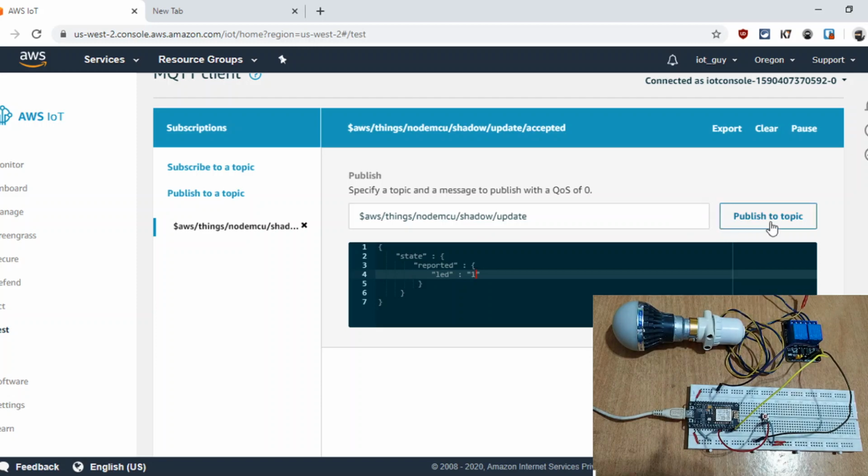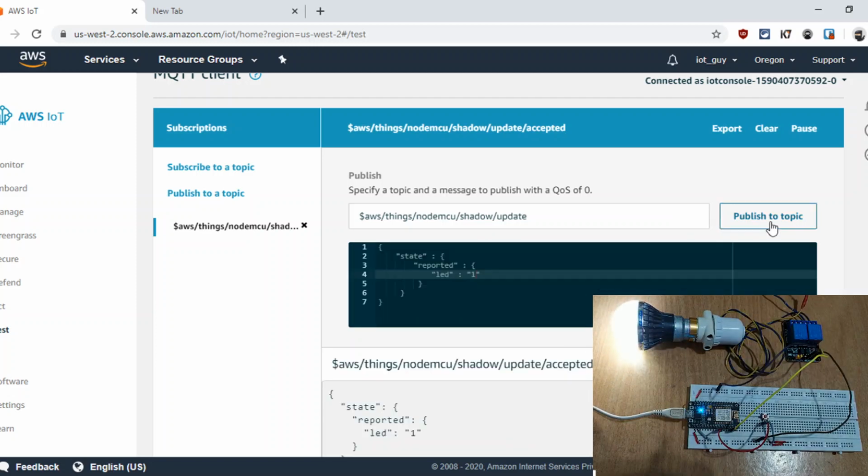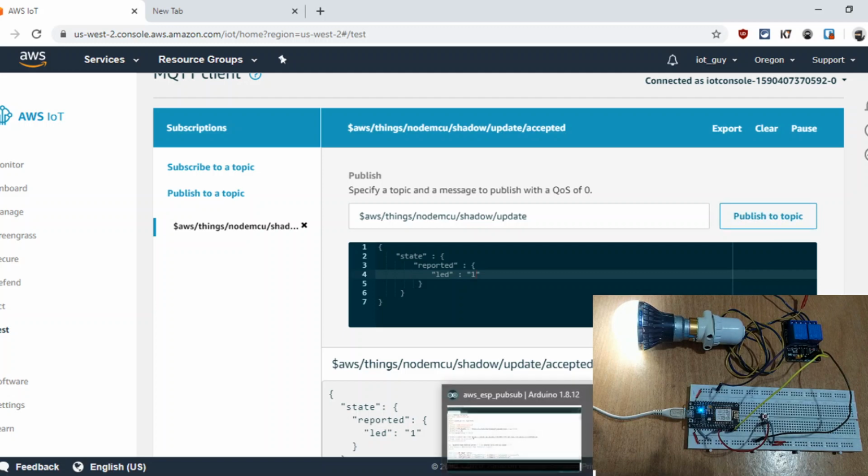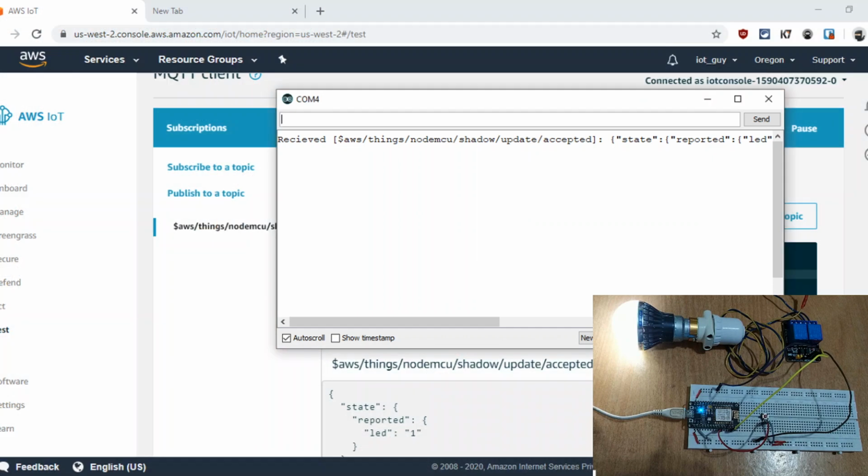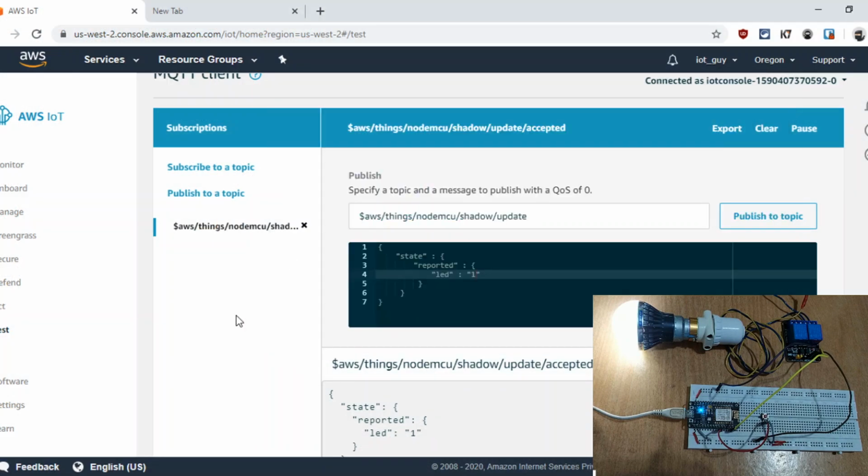Fine. So we are going to publish this message, and you can see in the demo that the built-in LED is turned on, and this light bulb which is connected to the same pin, pin D0, basically is connected to the relay module, so that this will also turn on. Fine. Now let me send this data from this push button,